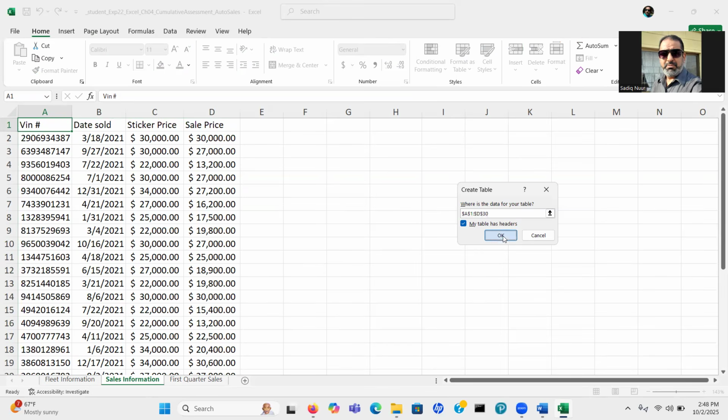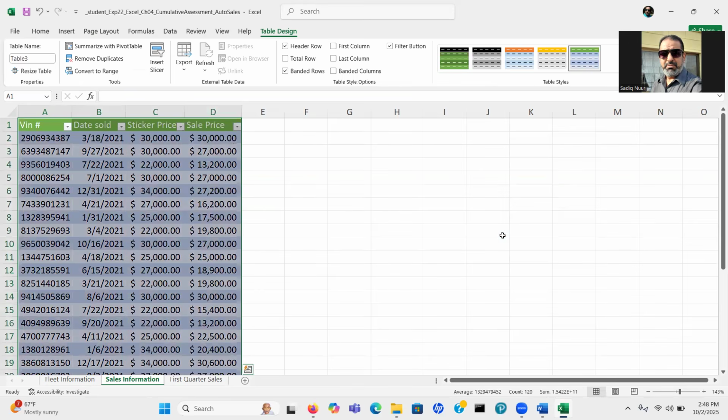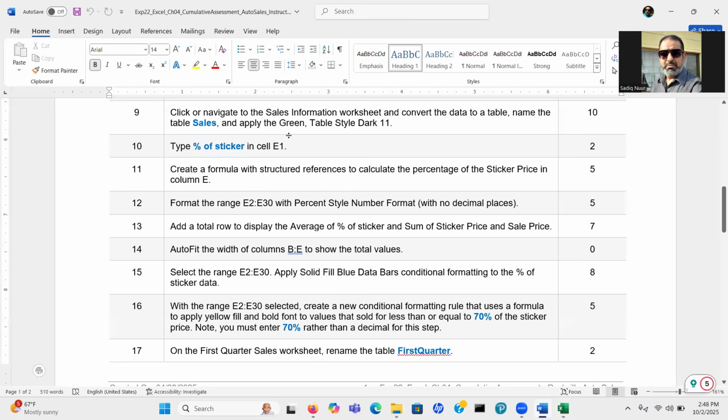Click OK. So the data has been converted to a table. And then the name of the table has to be changed. This here has to be changed to Sales. So we changed the name to Sales, and we applied the Green Table Style Dark 11.